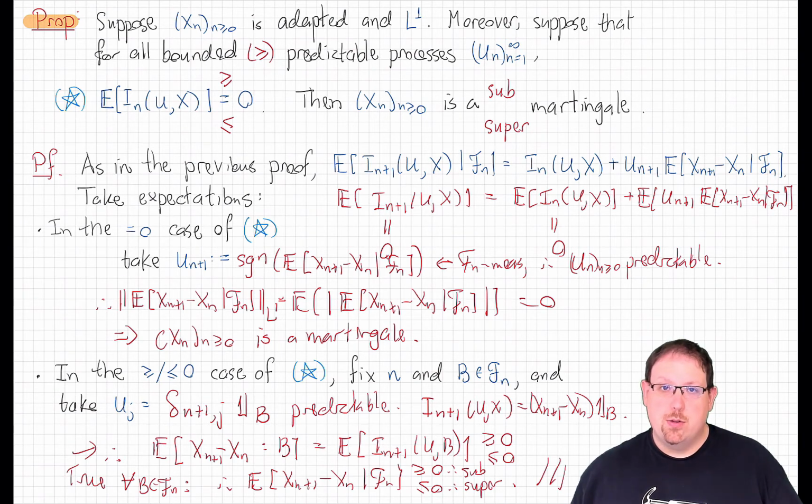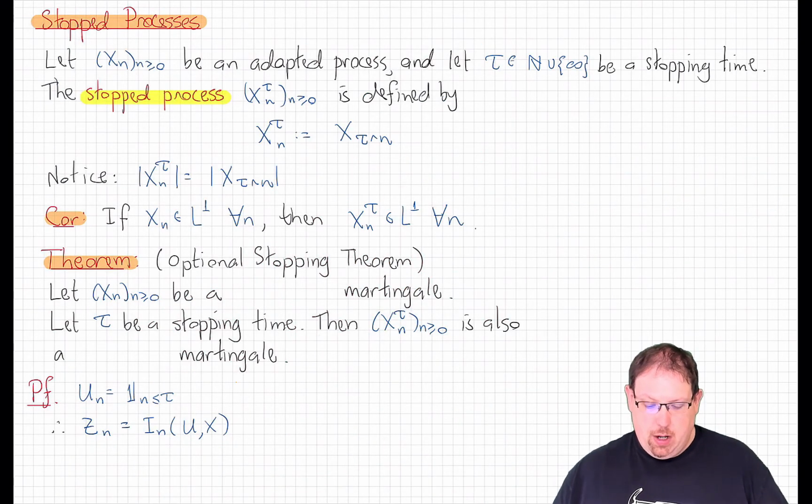Okay, that gives us a new tool in our arsenal to recognize martingales and to produce new martingales or sub- or supermartingales from old ones, the stochastic integral. Now we're going to use it to help understand what happens when we stop a martingale or submartingale or supermartingale. And what I mean by that is the following. If I take an adapted process, xn, and tau, a stopping time relative to the same filtration that xn is